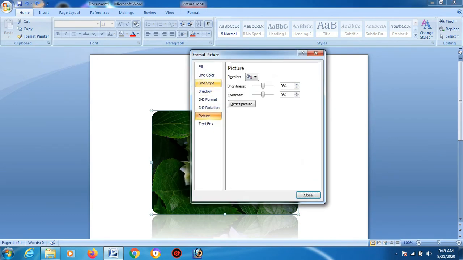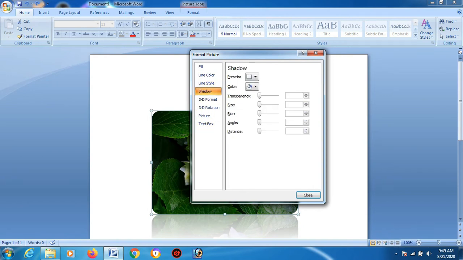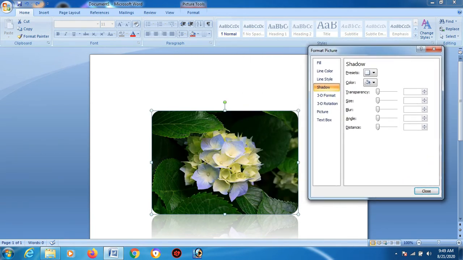In Format Picture there are other features also, line color, line style. These will make changes in the outside line. Okay, shadows are also there. Understood? You can even increase or decrease the transparency. If you increase the transparency, it will become more transparent.